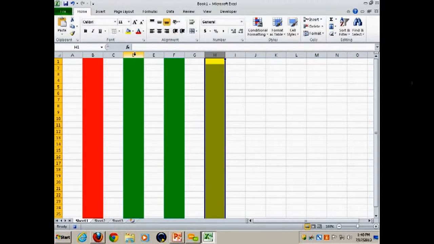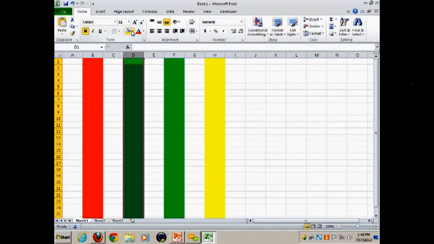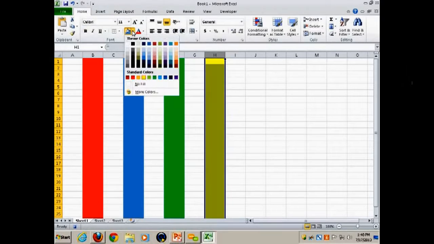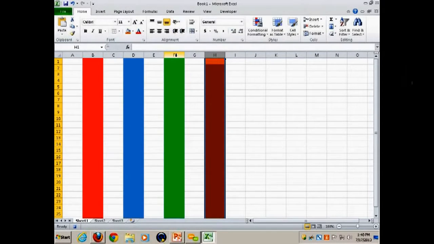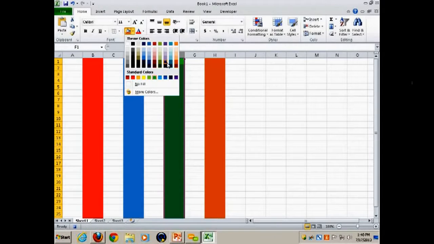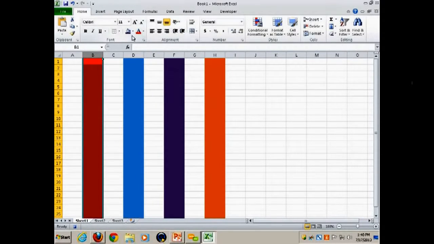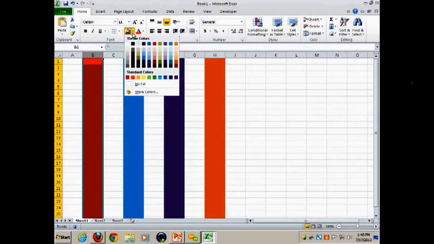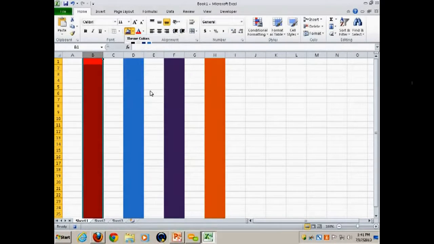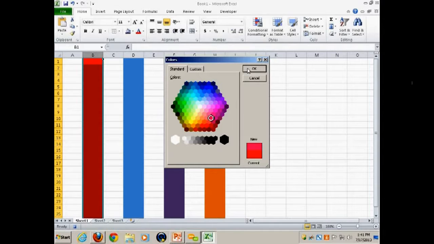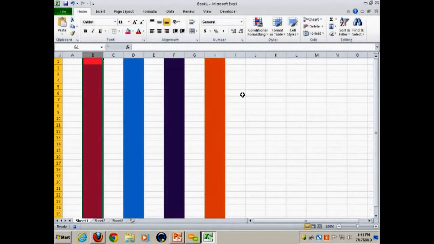So let's change D to blue, H to brown? Purple. F can be purple, back to like pink, and B can be pink. Is there a pink? There's gonna be more colors. Make it like that. Oh man, that's a good color. Okay. Alright, so